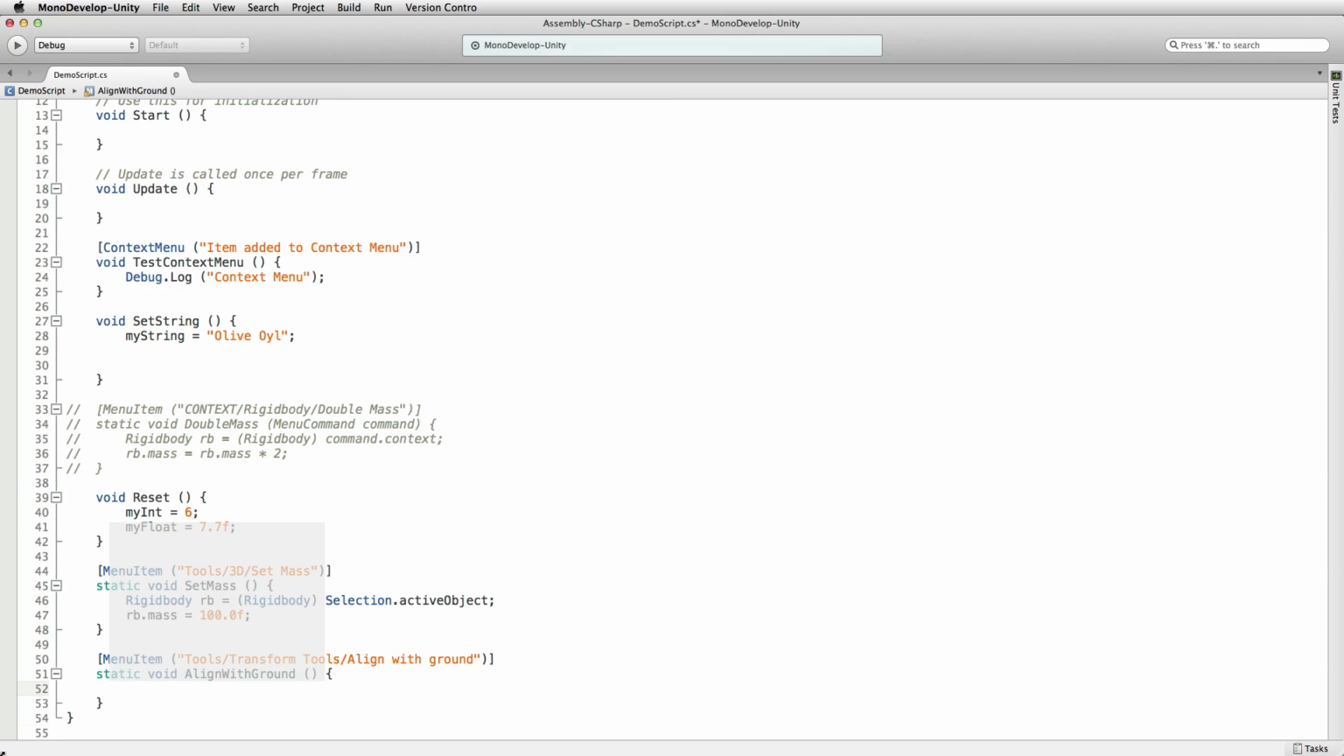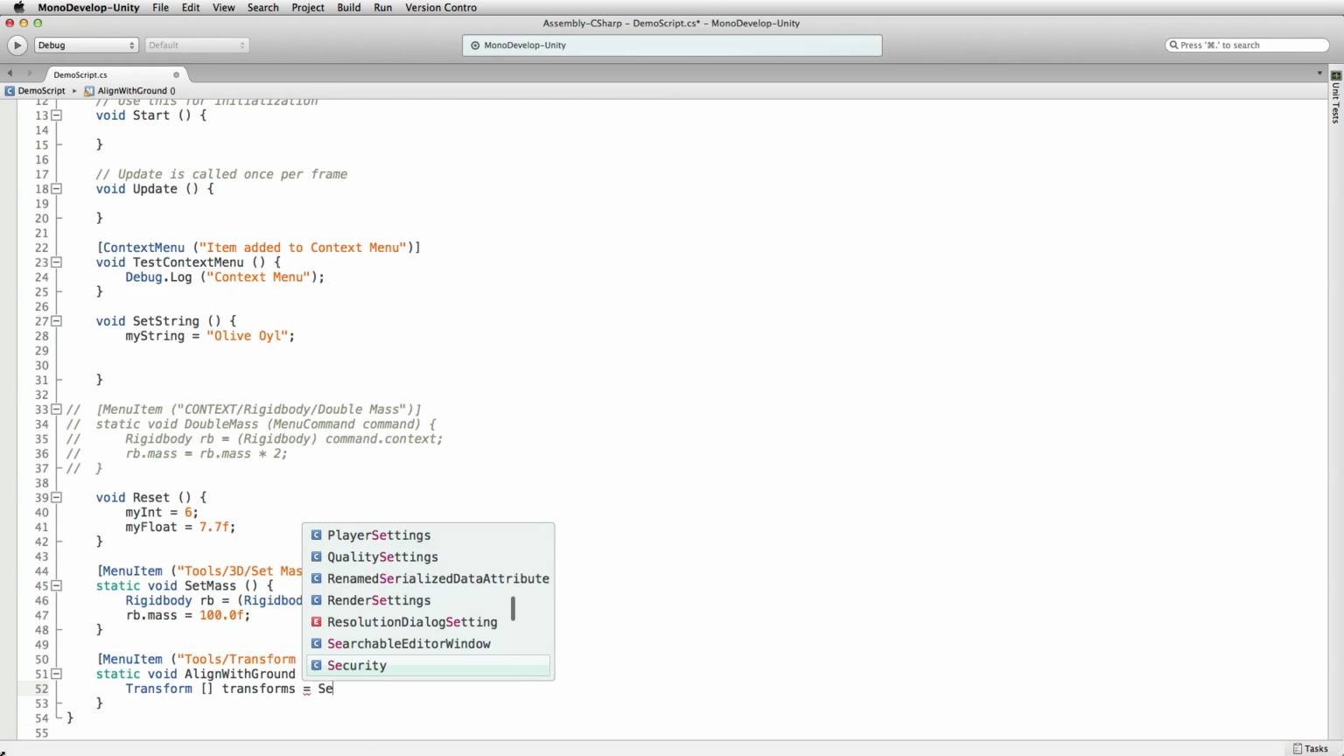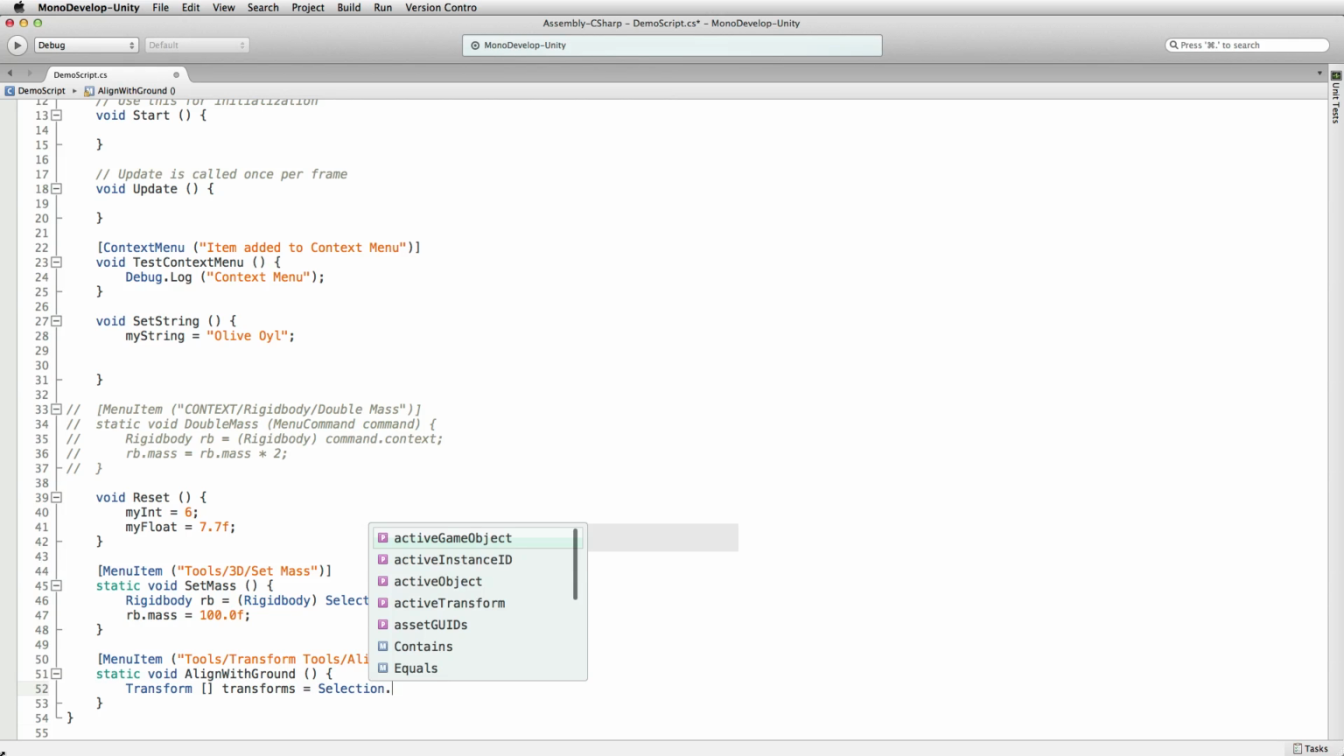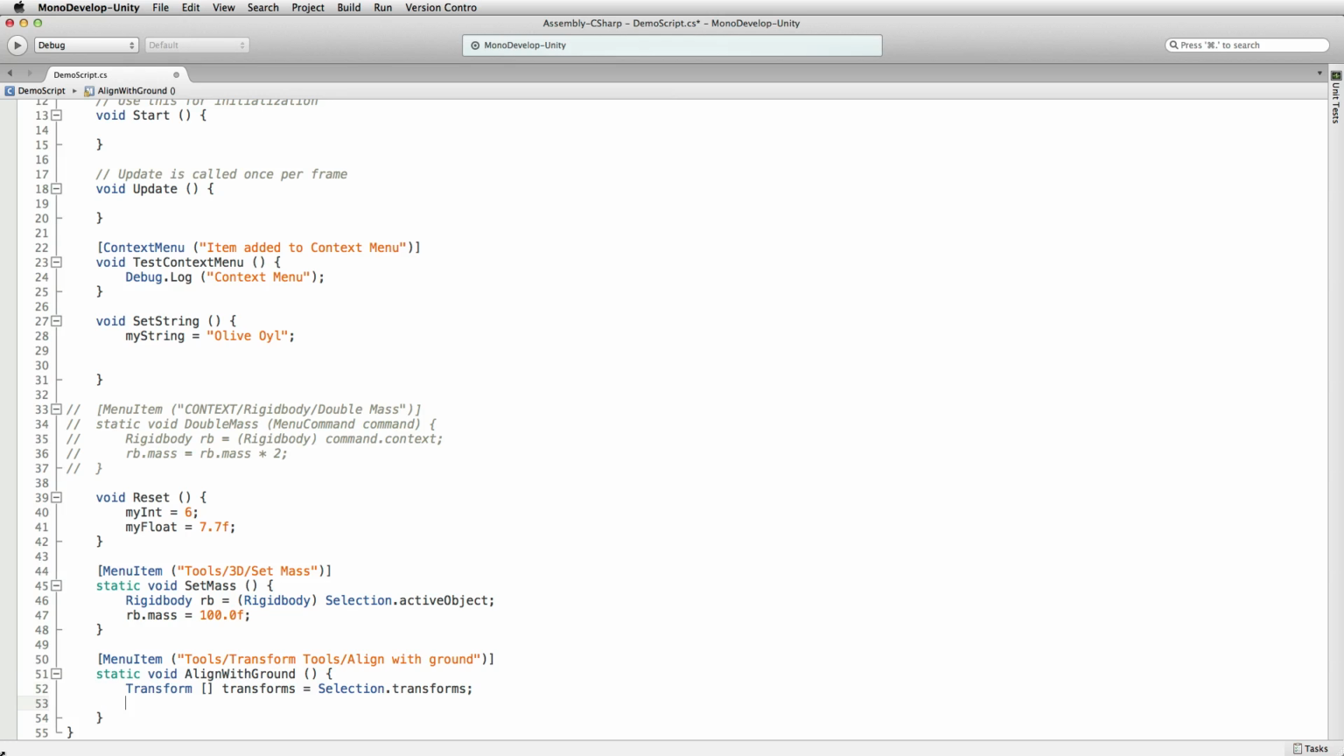So what we want to do is take a group of transforms. Transform collection, transform array, and let's just call these transforms. And that's going to be equal to our selection, which I talked about in the previous, though not particularly working, function, called selection transforms. And then I want to say, for each transform, my transform, in transforms,